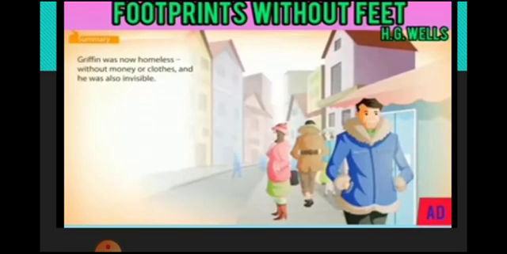In our earlier class, we saw that the two boys first of all saw this invisible Griffin. So let's revise once again. The story is about a scientist whose name is Griffin. He had been discovering ways to make a man invisible and finally swallowed certain rare drugs that made him invisible. He was first noticed by two boys on a staircase of a house where they could just see his footsteps and started following him. They follow it until the footsteps are fainter and cannot be seen.